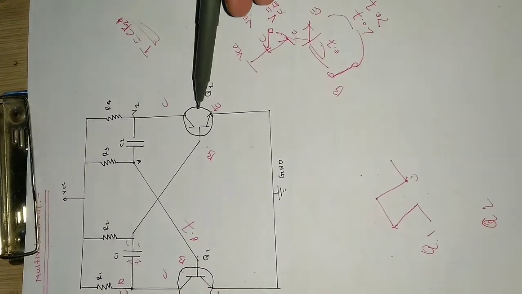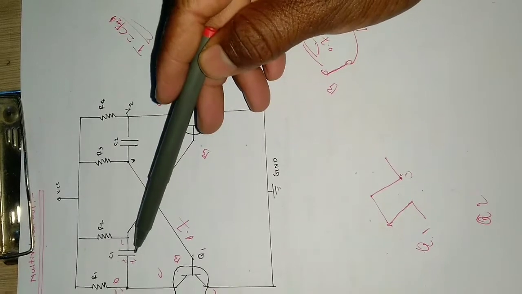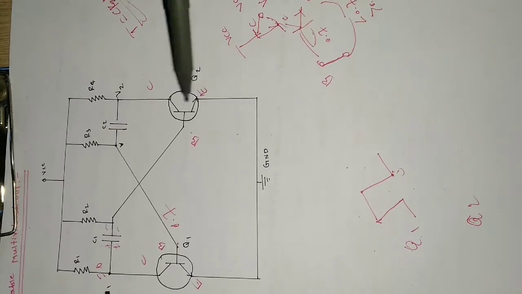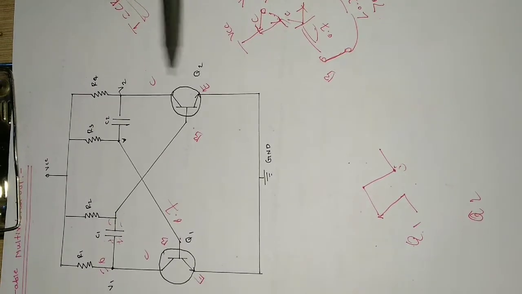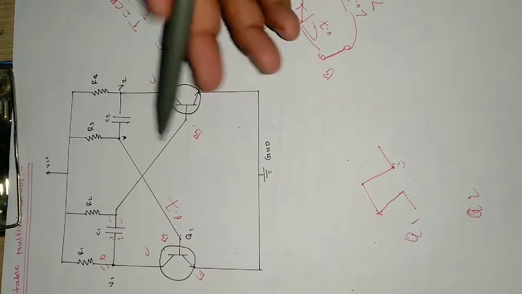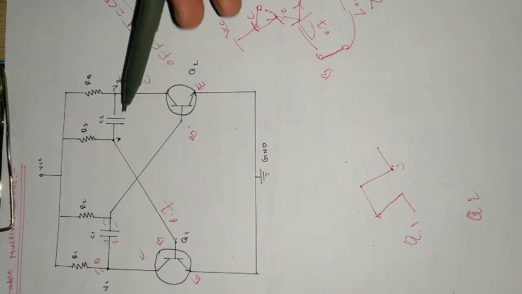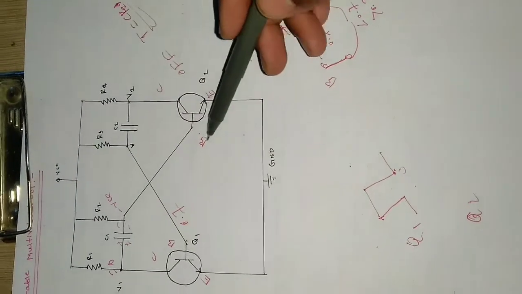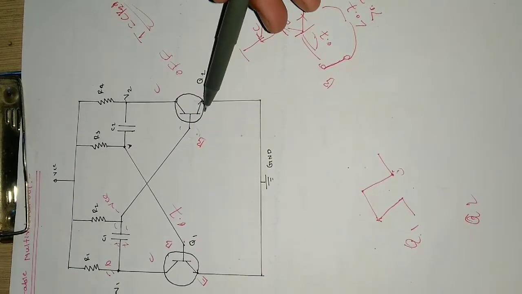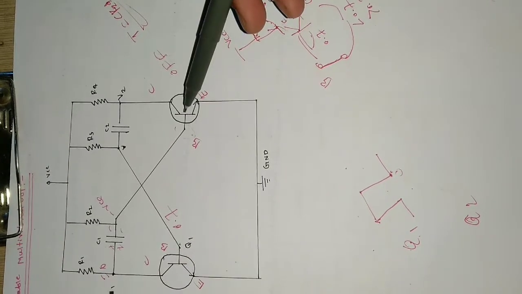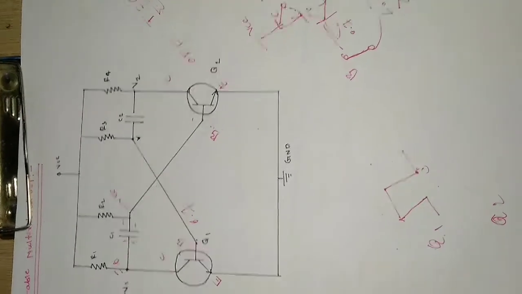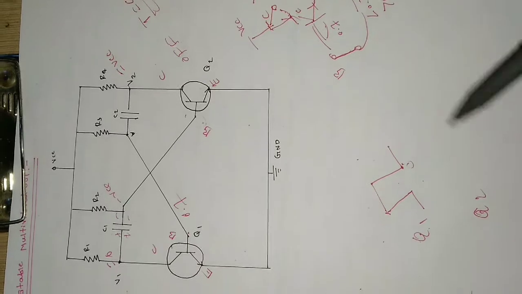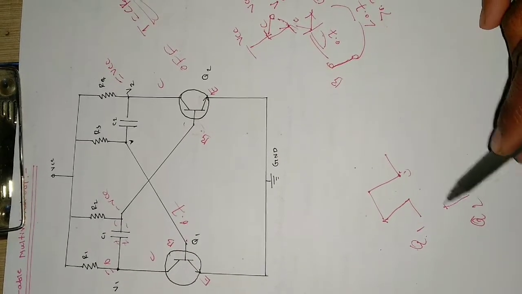So for Q2, the negative voltage produced here will drive Q2 into the negative cutoff region. So it is presently deactivated, that is in the off state. And due to the negative minus VCC which will be present here, its base will get saturated, and that's why the output gets activated. So when the voltage at this point is equal to 0, at that time the voltage at this point will be equal to VCC. So the output here will be positive.